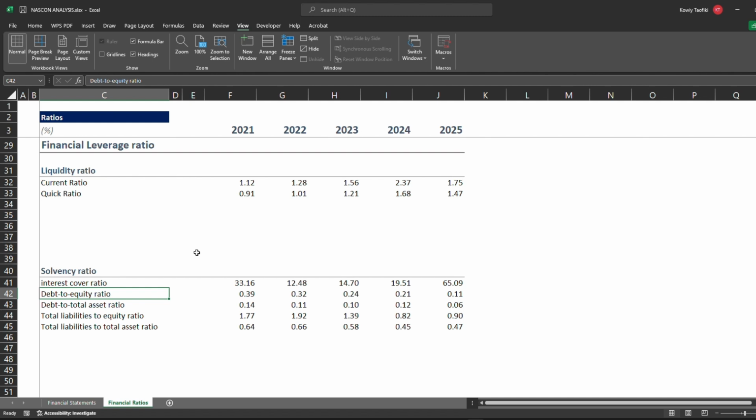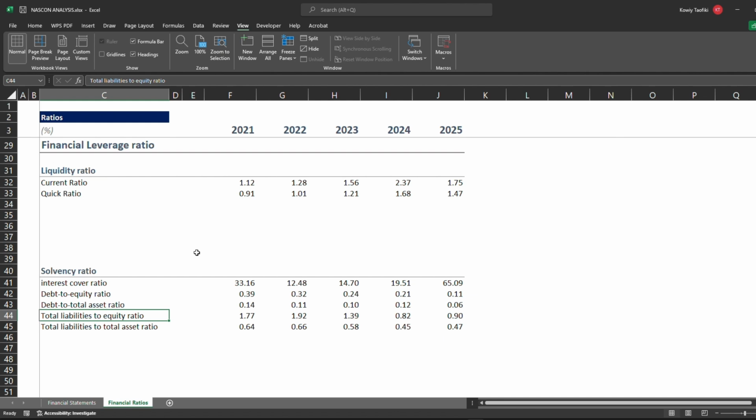So it is a good thing when the ratios are low for debt to equity. Again, it shows what percentage of your debt, in relation to your equity, is used to finance the business generally. Same thing applies to your total liabilities to equity. Now you're looking at not just your non-current liability, you're also looking at your current liability, those short-term liabilities. Now your debt to total assets basically looks at what proportion of your creditors